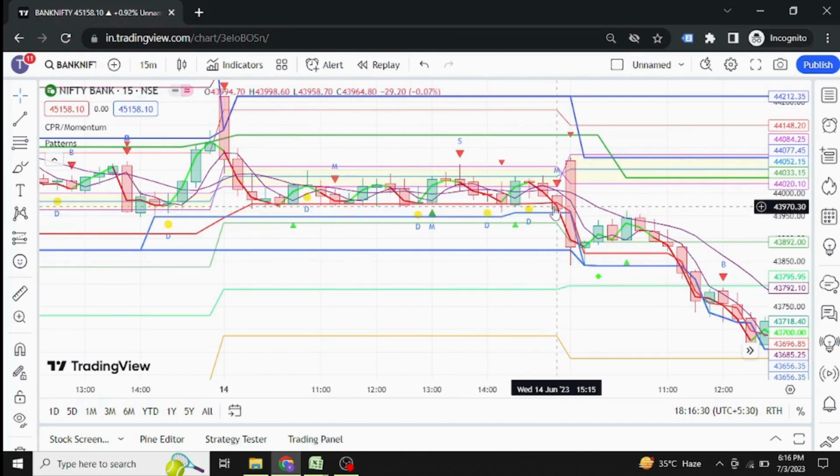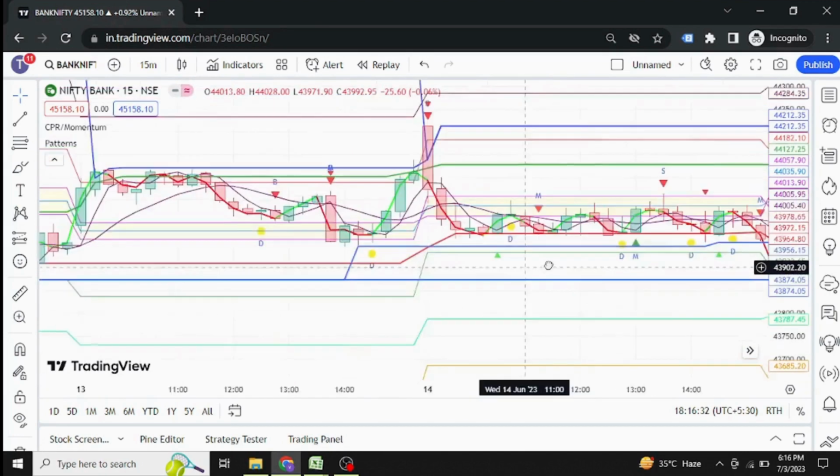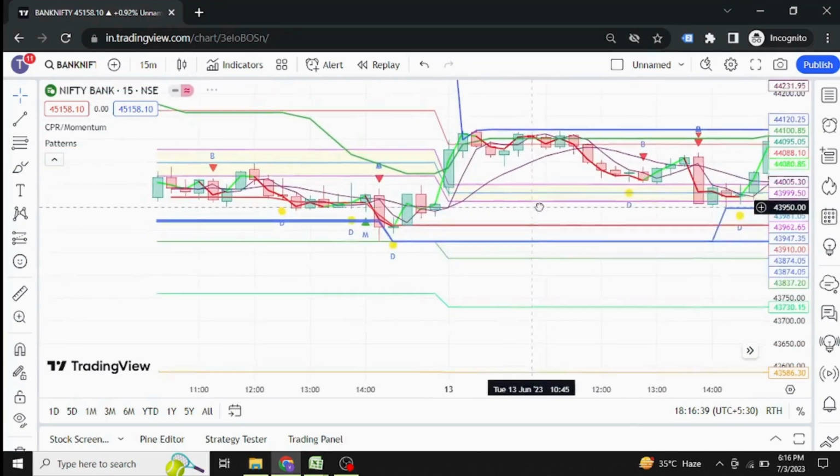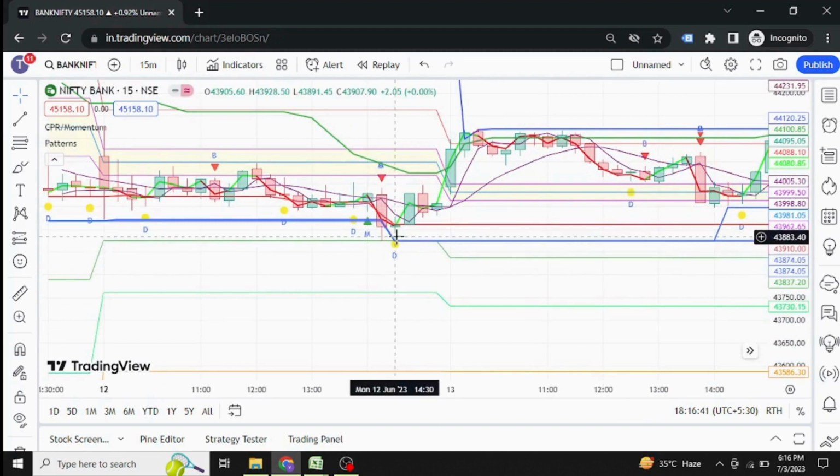Here you can see the 2 p.m. move, I think so. Yeah, this was a 2 p.m. move, 100, 200 points, 100 points you might have got. Here also you can see this 2:30 move. Here, this was again at the support level from where it moved up. This is what, somewhere till here,